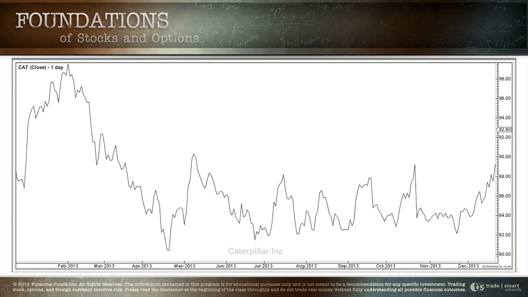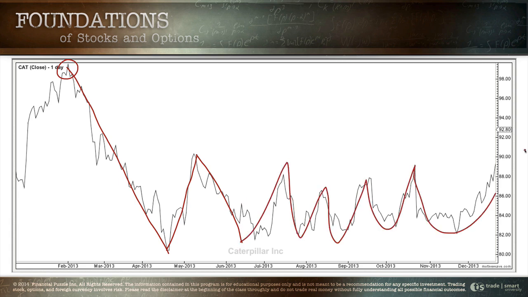What do you see the second you look at Caterpillar on this screen? Tim, do you have any stories that you see when you look at this picture? Do you think, oh, that's a wild ride? Back at the beginning of the year, we were really high, and then suddenly the stock sold off 20%, and then it rallied from $80 to $90 a share, and then it sold off back down to $81, $82, and then we had a rally, and then we kind of got stuck, and at the end of the year, this was a roller coaster that was depressing, that ended the year 10% down from where we started? Is that the story that you see?